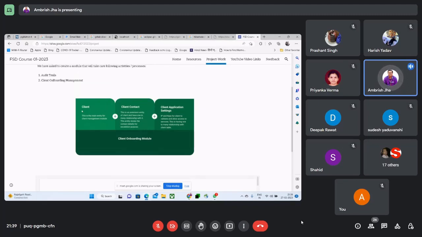So what I have created so far is, for the client onboarding management system or module, we will have three tables. One is the basic client table, then the client contact, because we will have more than one contact for a particular client, and then client application setting. The client application setting table will take care of our keys and IP addresses from where the client will access our system. And in the client contact table, we will have the escalation matrix, like name of the person, contact number, whether he is active or inactive, and what is the hierarchy of that